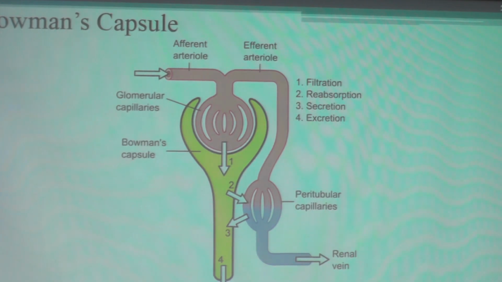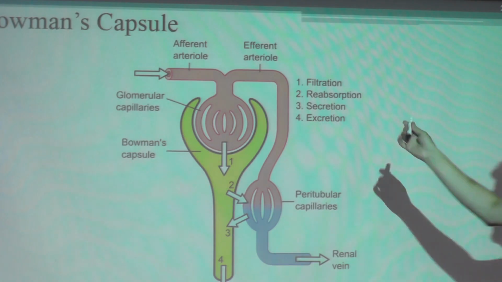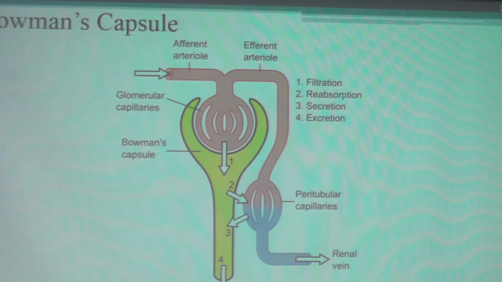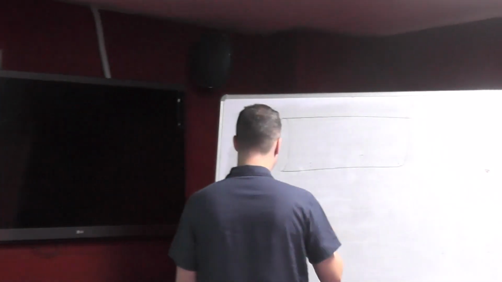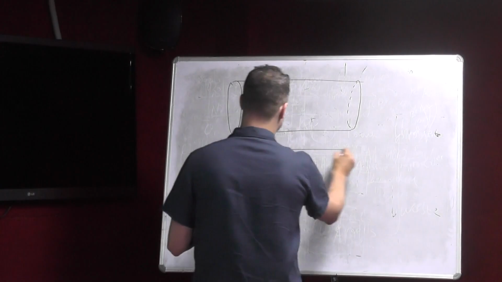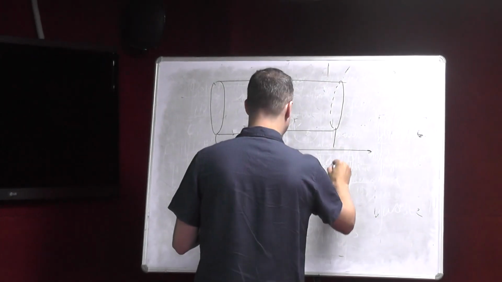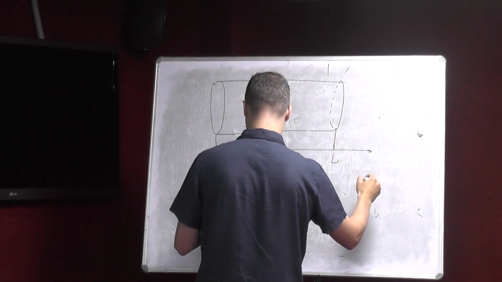Nevertheless, in terms of the mathematical model, we can simplify this capillary as just a robust, simplified cylinder, where we assume that there is some length of this particular capillary,